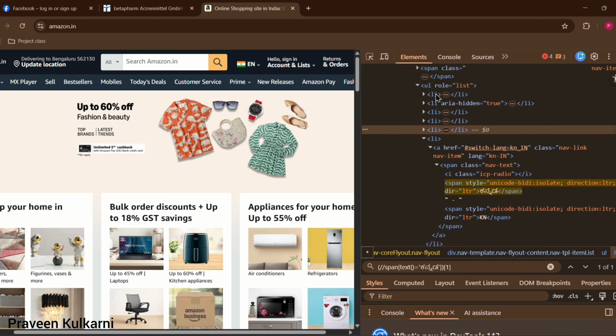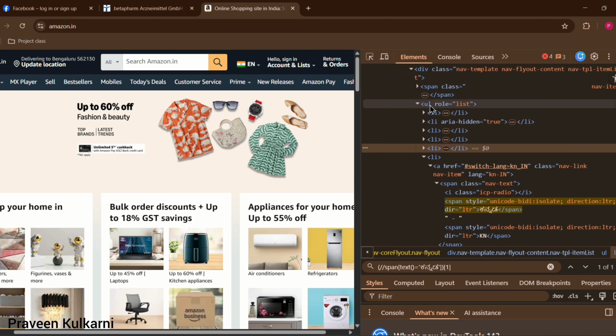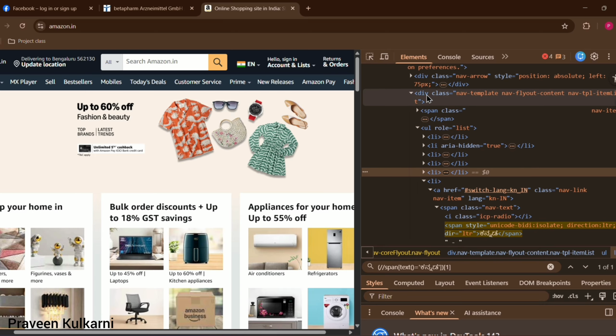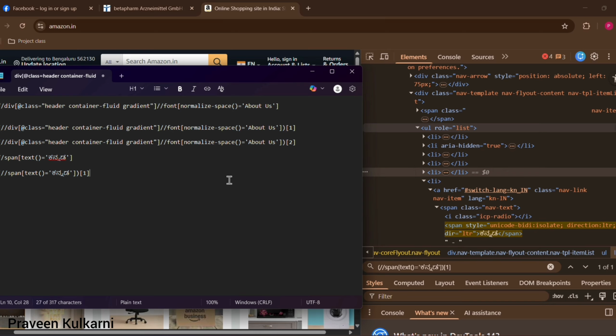We will consider one more parent. We can take the UL tag name over here, or else we will take this div tag. So the tag name is div. Any parent you can take, but make sure that you do the traversing properly. Div tag, at the rate class, at the rate class is equal to nav template. It is very big. In the next XPath, we will use this. We will write this using contains, double forward slash, directly go to this